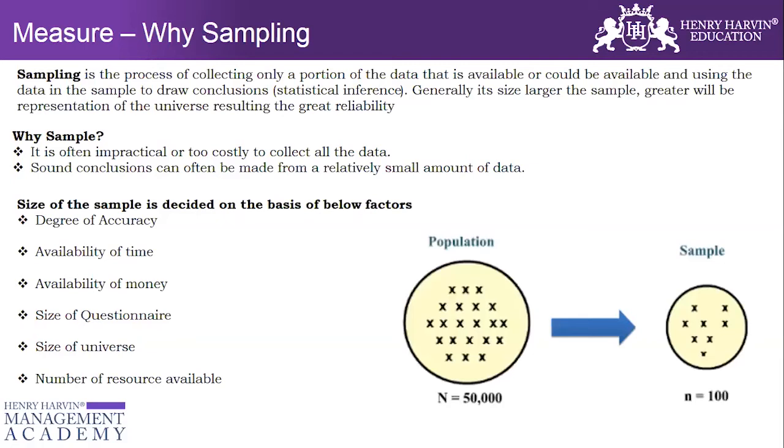Looking at this diagram, you can see that there is a population of 50,000 and I have come up with 100 samples. And if you notice here, they have not only captured 100 samples, they have tried to ensure that the sample is taken from each and every strata. You see from the top line they have taken the first and the last, from the second line they have taken, and from the third and the fourth line also. So to ensure that we are not doing any kind of biased sampling, we are coming up with a clear representation when we are doing the sampling.